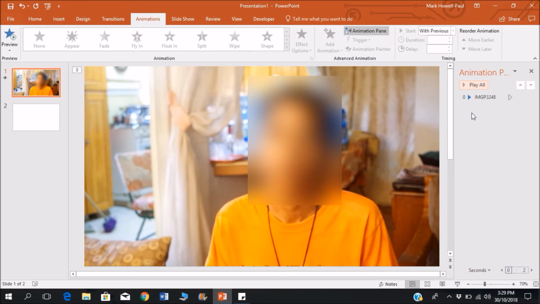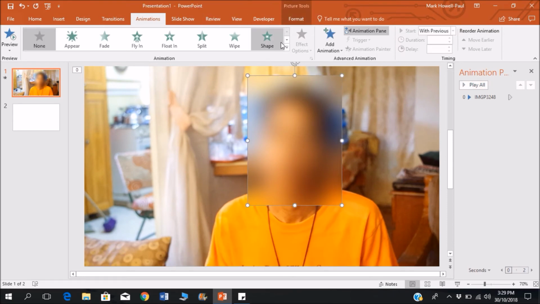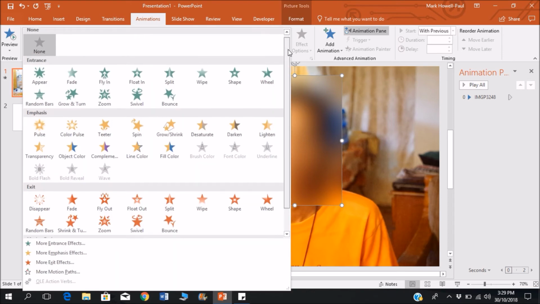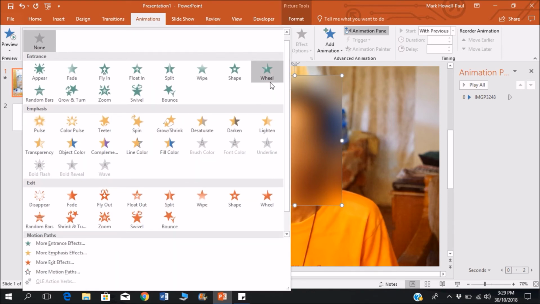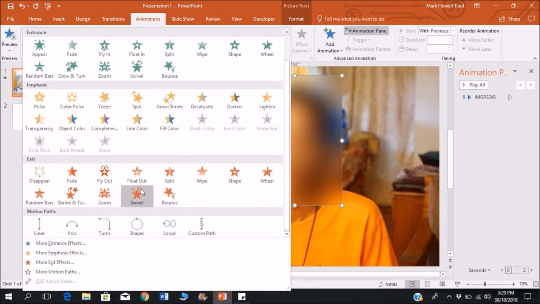So yeah, this is a pretty decent effect. If you want to make this look a little bit more movable, what you can do is play around with these animations, play around with the line animations, or you can create your own custom paths if you want it to move, or even something like this